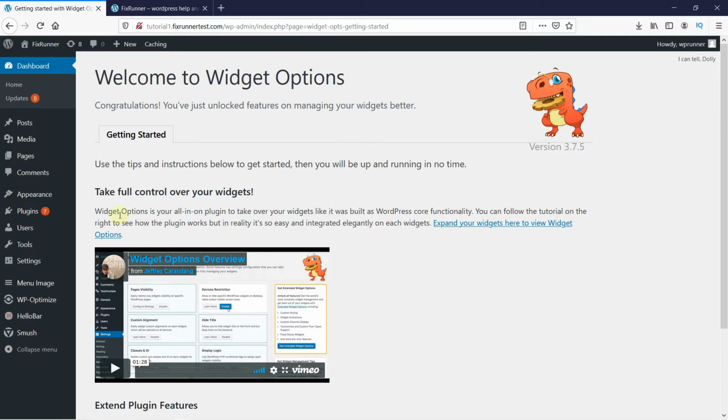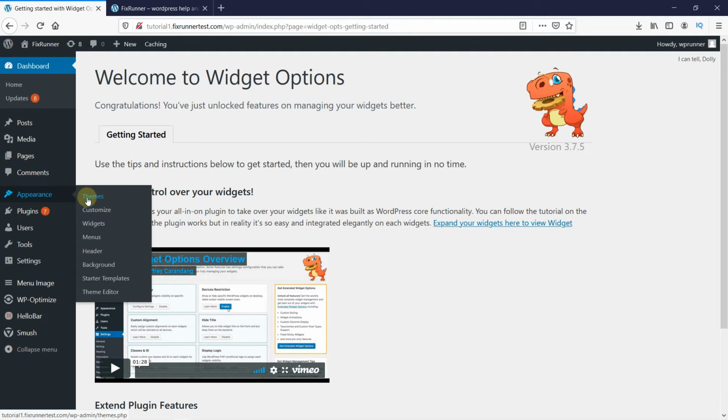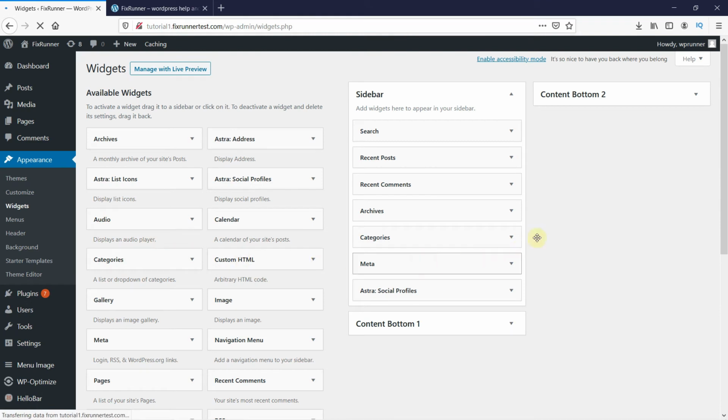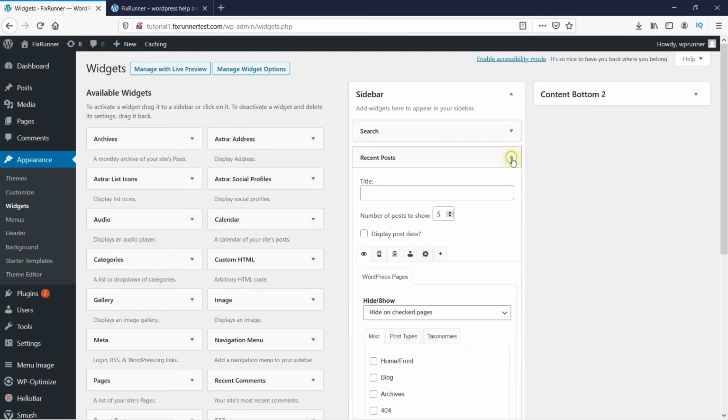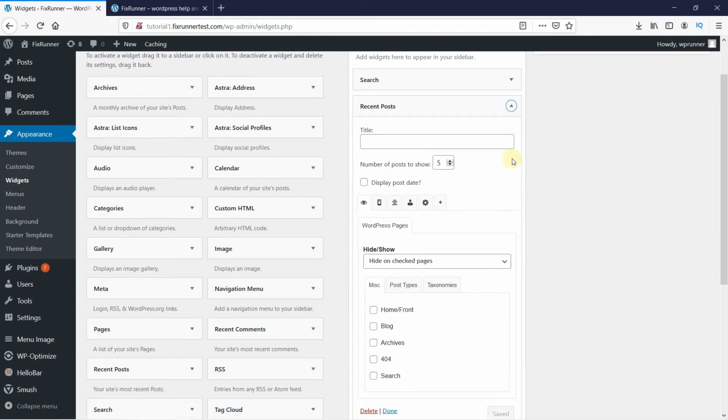So, go to Appearance, then click on Widgets. These are the widgets on my sidebar. Click here to expand the widget settings, and because of the plugin we just installed, we have additional options here. Click on this gear icon here,